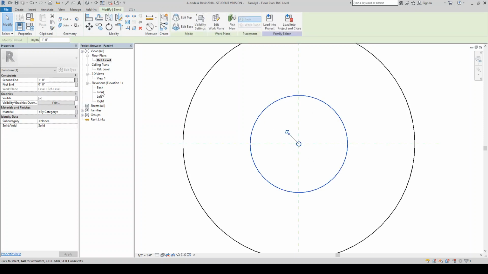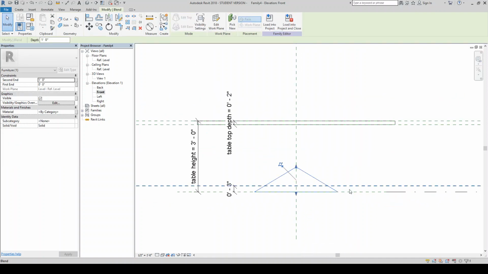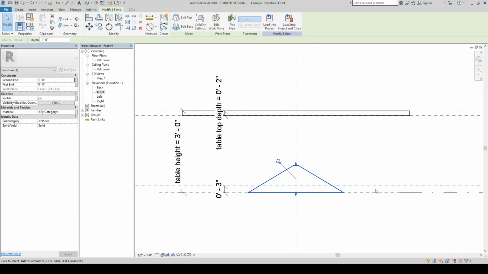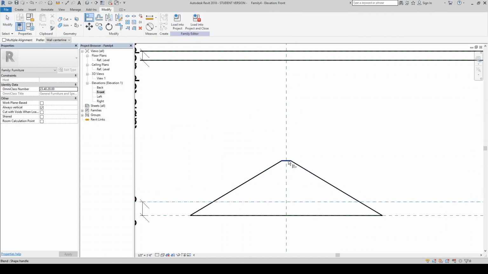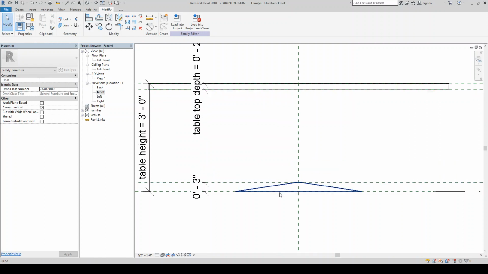And let's take a look at my front view and see what it did. All right, so now I have that truncated cone, and I'm going to align the top of that to this base plane that we made. So hit AL, align that, and lock it. All right, so now